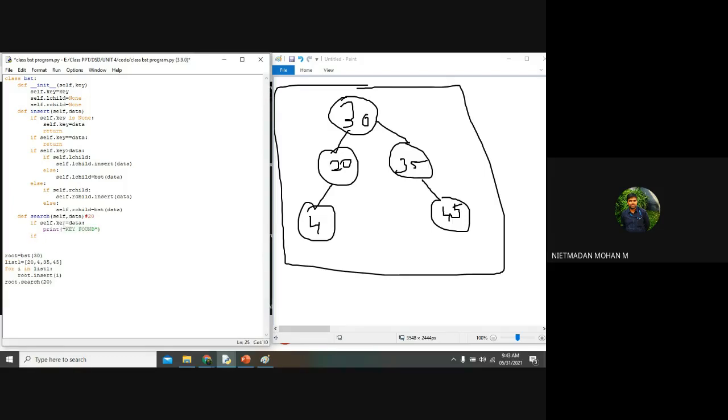The next condition. What is the next condition? So I want to return the statement. After finding this, I want to return. It means there is no execution part after this. So in the root node itself, I have got the key. So there will be no execution part after this. So I want to return a value. So what is my next thing?